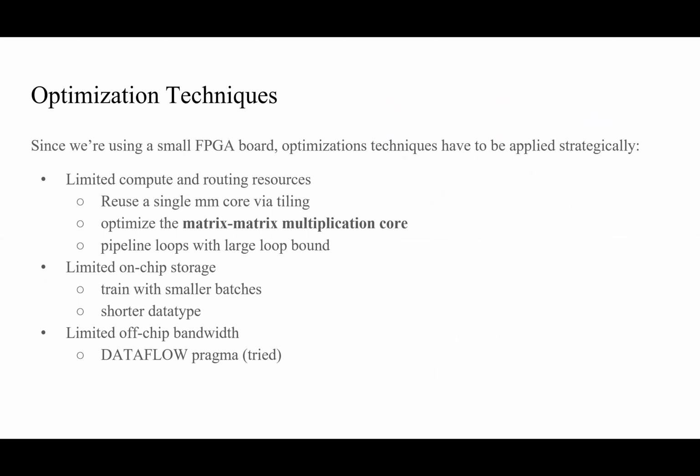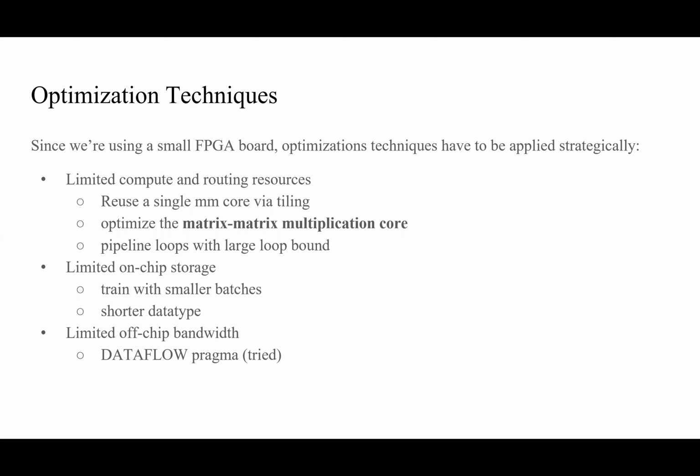Here are the optimization techniques that we use in this project. Since we're using a small FPGA and the hardware resources are very limited, we need to apply optimization strategically. The FPGA has limited computing and routing resources, like DSPs for multiplication. So we use techniques like reusing a single core via tiling to save resources. And we also use different approaches to optimize our core to minimize the dependencies and pipeline the loops in the